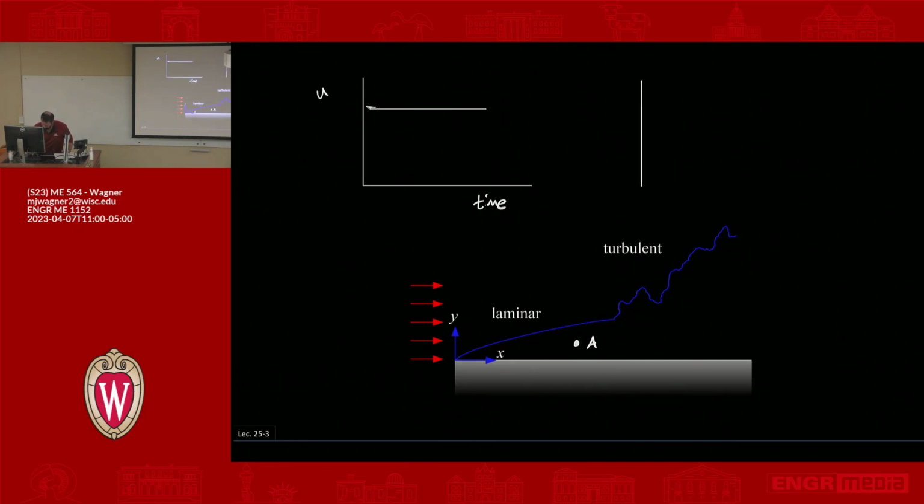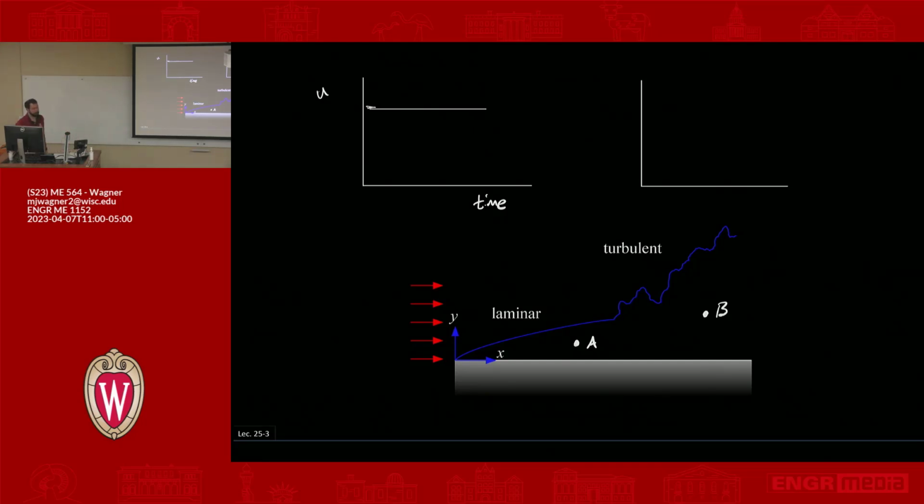But the more interesting thing is, what if we did the same thing in the turbulent region? So this is a steady state problem, I mean, in essence. The turbulent boundary layer is not really changing. There's sort of this chaos to it, and that chaos will fluctuate a little. But if you take the average value, the average is not changing. So if we took a point B